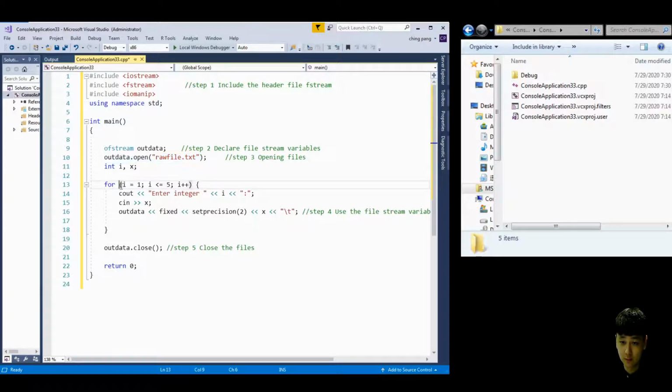Okay, so for i equal to 1, as long as i is less than 5, it will ask the user to key in the first value. I key in the first value here, and this value will be exported. Step 4 will be exporting into the raw file.txt. Okay, this is step 4. Run, read 5 times, and then lastly close the file. Okay, so let's run the program. So please take note of the top right corner here, the file here. Okay, once I run the program,